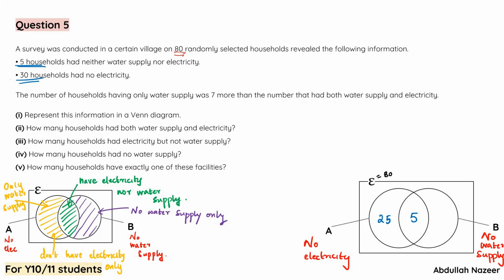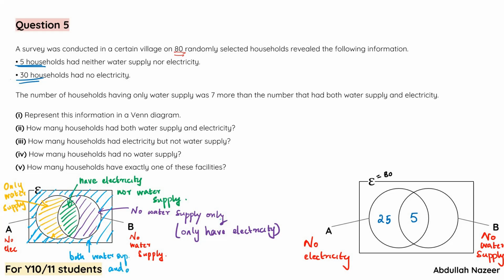So saying that those households do not have water supply also means that those households only have electricity. So this is same as saying only have electricity. And finally, the outside region. So if the intersecting region has all the households that do not have electricity and water, the outside region, the blue region, should include all the houses that have both water supply and electricity. So this region is the number of houses that have both water supply